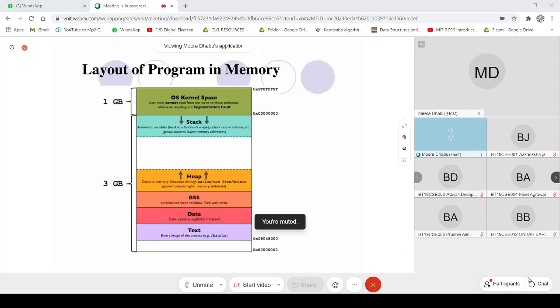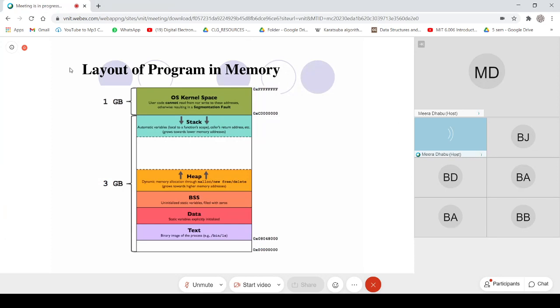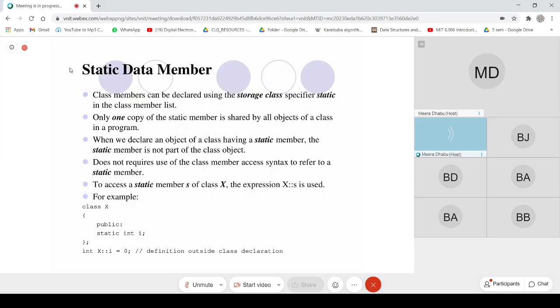So now I hope that there is no question on this topic. With this, I would like to introduce the static data member and static member method of a particular class. If all of you remember, I mentioned that a static data member is not specific to a particular object or instance of a class. It is a generalized variable for all the objects of that class.